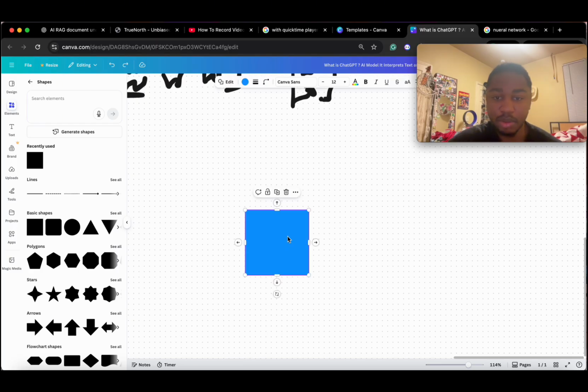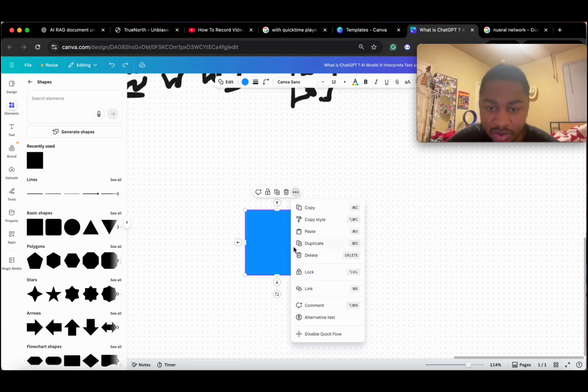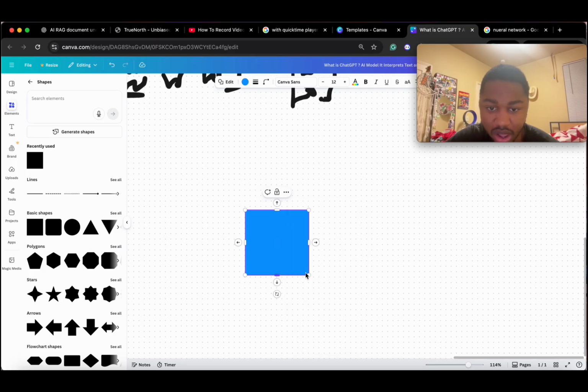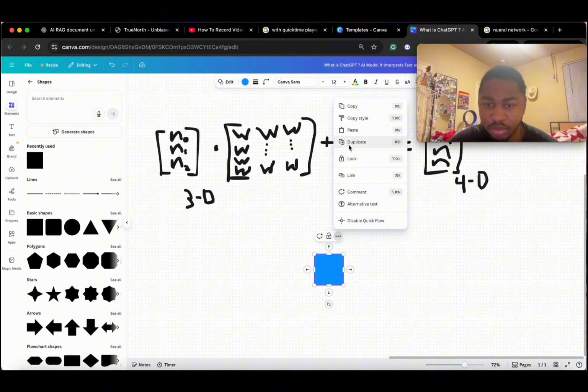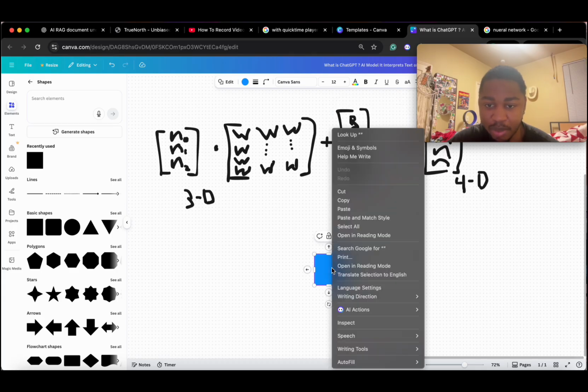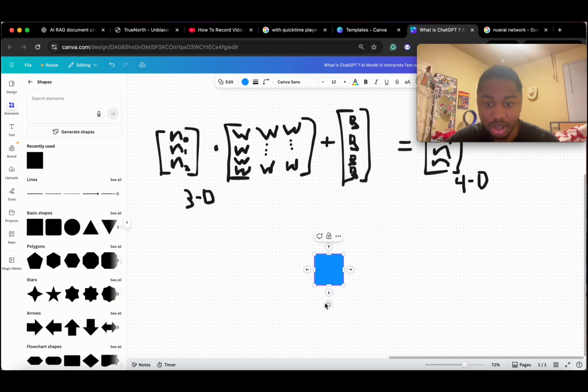Okay, no, that's not what I want. Let's see if I can unlock this. I don't know how I'm able to move this. Okay, so essentially think of it like this. All I'm able to do is move it with b, scale with W, and also rotate. That's not how you rotate. Yeah, imagine me being able to rotate. That's all I'm able to do.